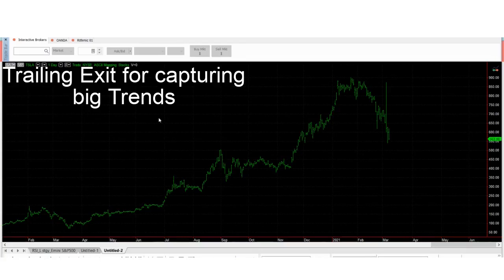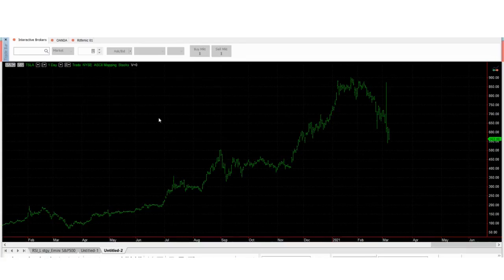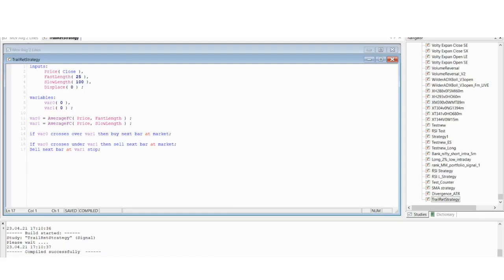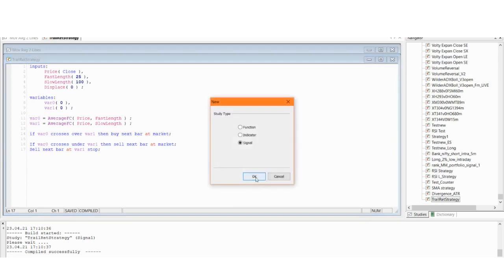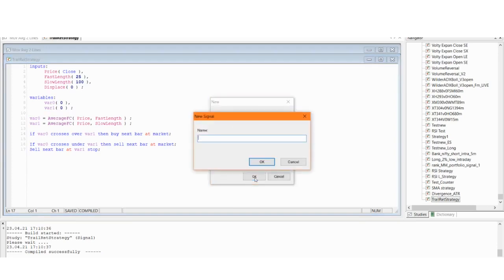Hello guys, trailing exit plays an important role in capturing very big trends. Let's see with an example for some strategies. If I just create a strategy on MA crossover,